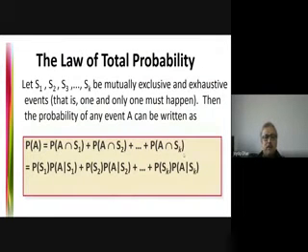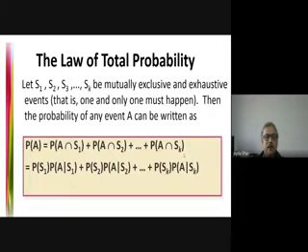Now I jump to another thing, the law of total probability. Say S1, S2, up to Sk are mutually exclusive and exhaustive. Exhaustive events means that if I add all these events, they give the total sample space. And mutually exclusive means there is no common outcome in the events. So if S1, S2, S3, up to Sk are mutually exclusive and exhaustive events, that is, one and only one must happen,